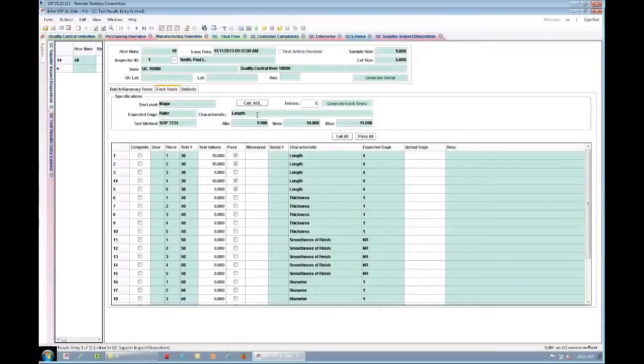A couple other points on this. Sample quantities may be identified and calculated through this Calc AQL button. This calculates the sample size when the functionality is set up in the QCS parameters. And this is accomplished through the establishment of QC sampling criteria and QC test plan sampling rates. These measures use a set number of completed receivers, which are compared with the number of rejected parts. Sampling rates may be determined to be normal, tight, or loose based on the activity that takes place for that